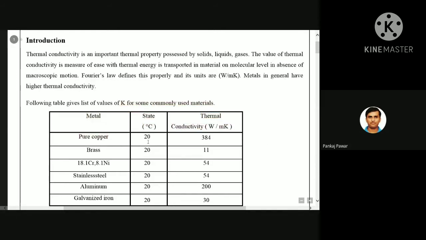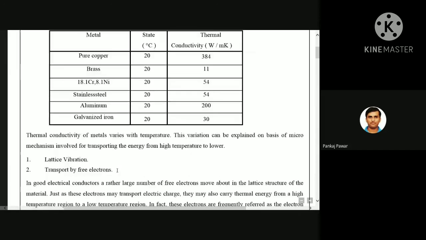These are some K values of different materials, that is copper 384, then brass, then stainless steel, aluminum, GI. Okay, some alloys are also there like this. So you can go through the thermal conductivities of some standard materials like copper, aluminum, then silver, gold like this. So go through the thermal conductivity values of these standard materials. You should be known to these values. Okay. So one material that is non-metal is having the highest thermal conductivity value.